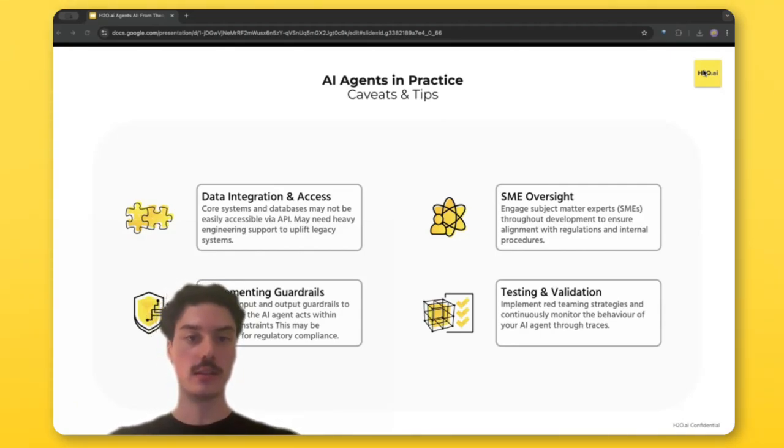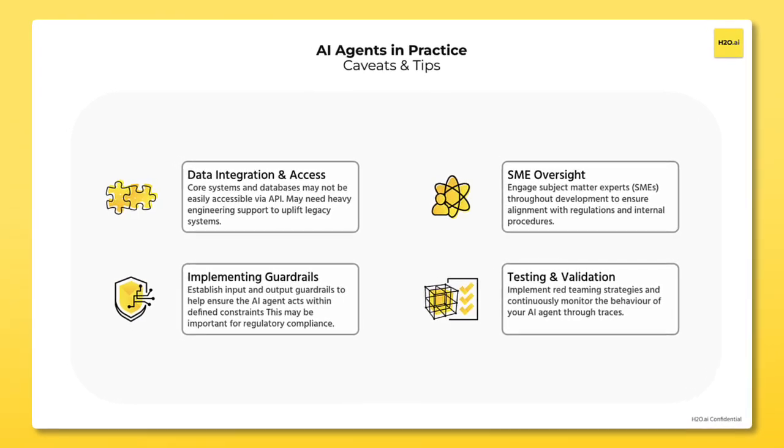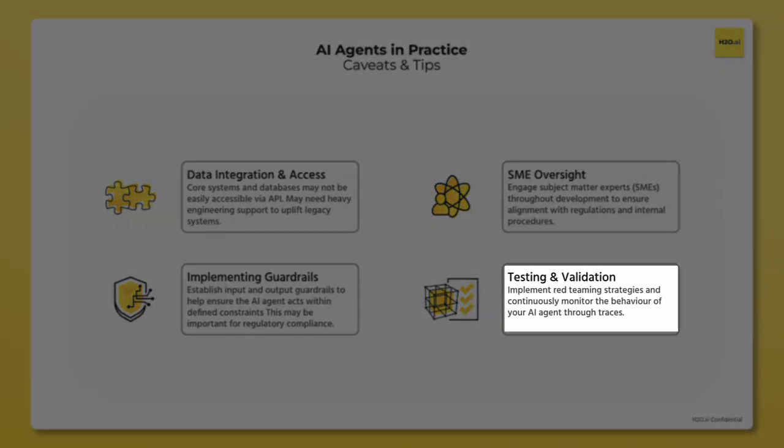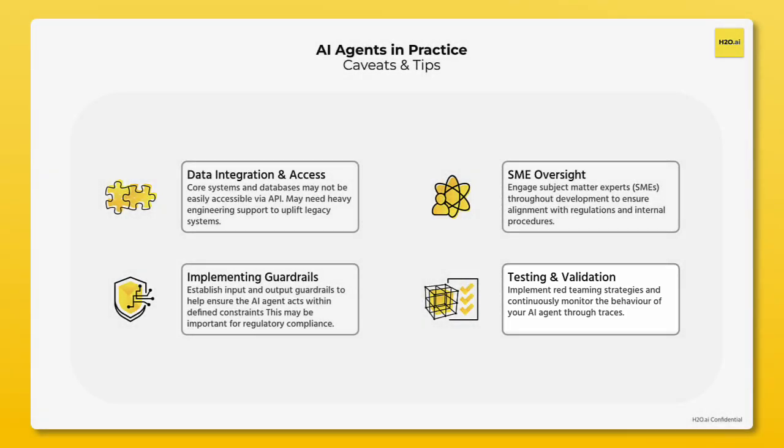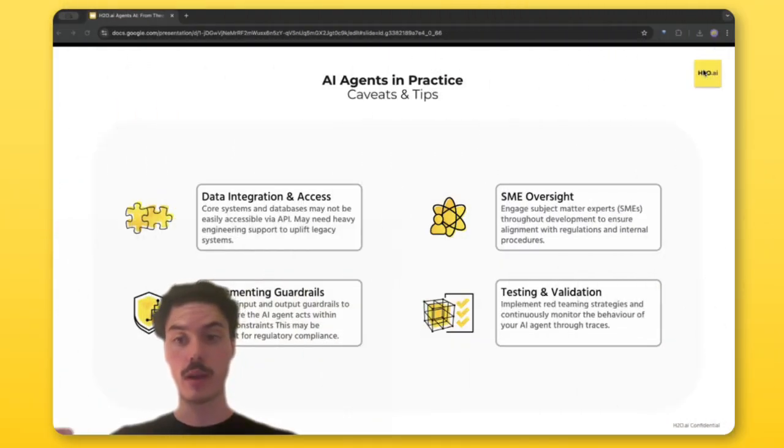And then finally, the last tip that I have is around testing and validation. Again, maybe this applies to generative AI as a whole, let alone AI agents, but red teaming, which is a technique for testing in general, is a technique you might use to try and find ways to break your AI agent. It is going to be useful to make sure you understand your AI agent's vulnerabilities, and particularly so you can build back your AI agents stronger with those results and knowing exactly where your AI agent is failing.